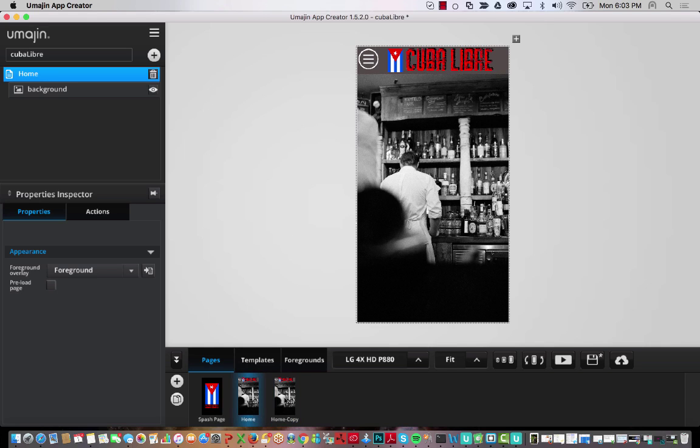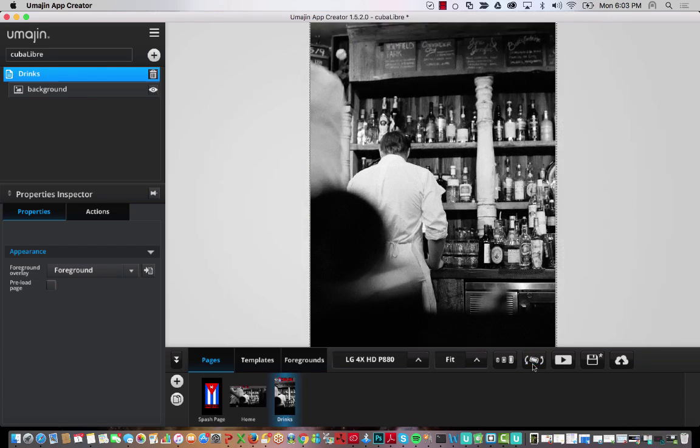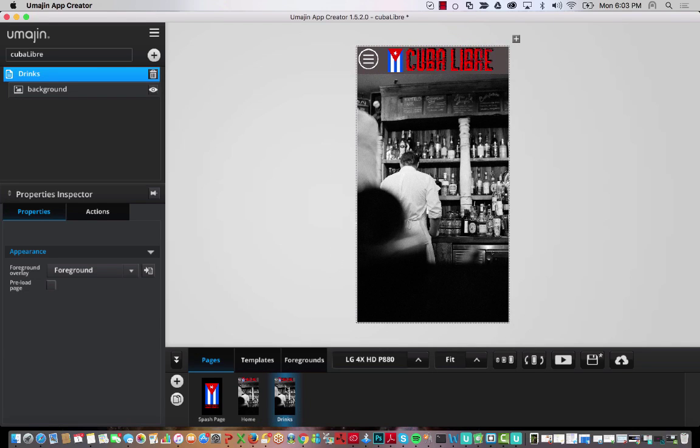So now we have this second page. We're going to call this drinks. Perfect. So now we got our drinks page, and on here we're essentially going to put a menu list